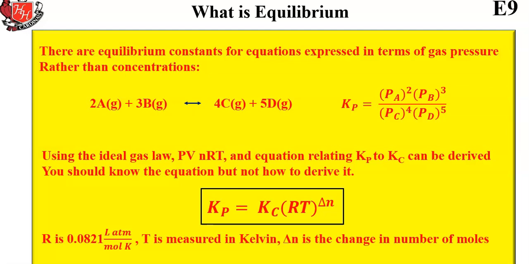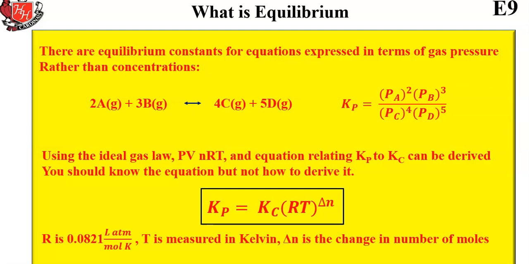There is a way to relate the equilibrium constant for a concentration to the equilibrium constant for a pressure. It involves the ideal gas law. So using the ideal gas law, PV equals nRT, an equation relating Kp to Kc can be derived. You should know the equation, but not how it's derived. You don't even really have to have it memorized, but it is something you should know how to use. So in this case, the R value, the gas constant, is the one that we use for PV equals nRT. It's 0.0821. And the temperature is measured in Kelvin,